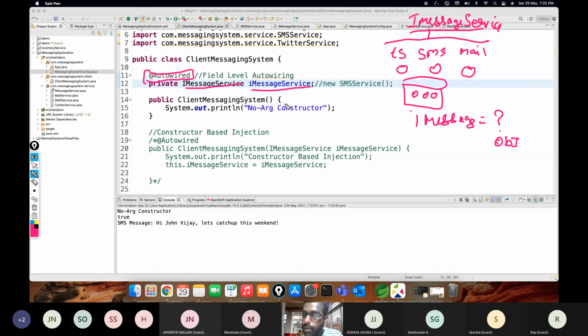So how do we resolve this problem? Either you need to have 3 object references like SMS service, Twitter service, you create 3 references and you denote it. Or